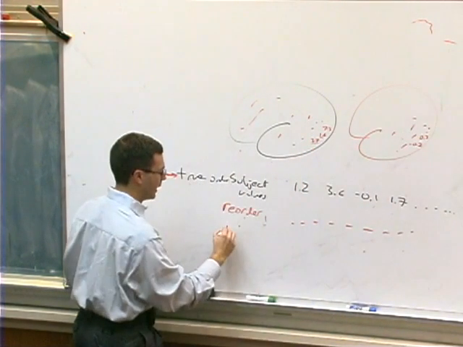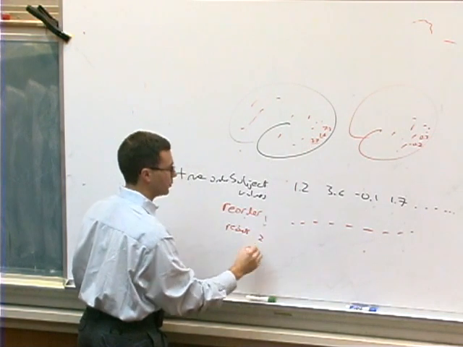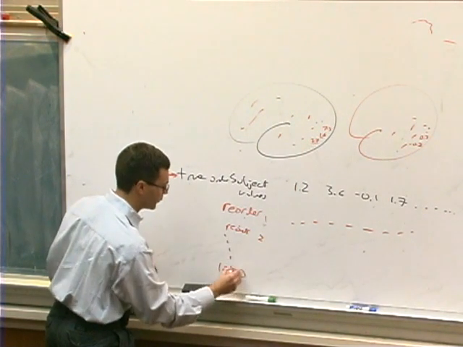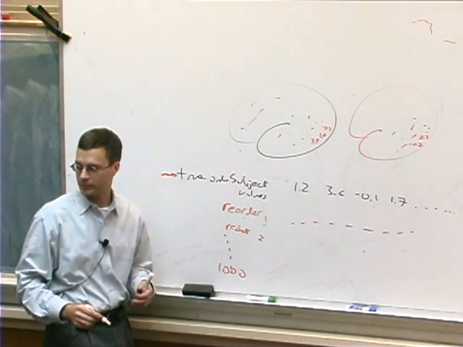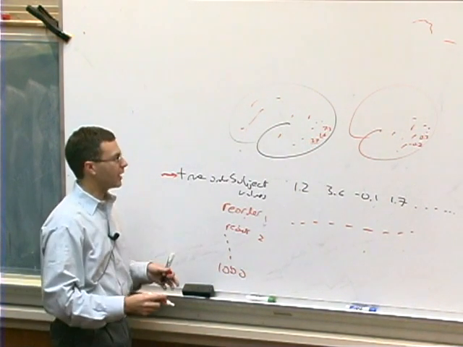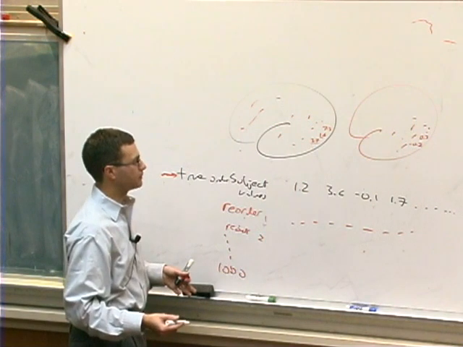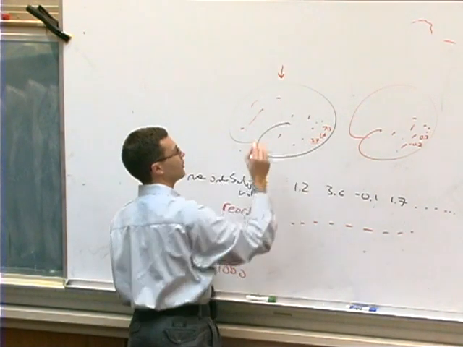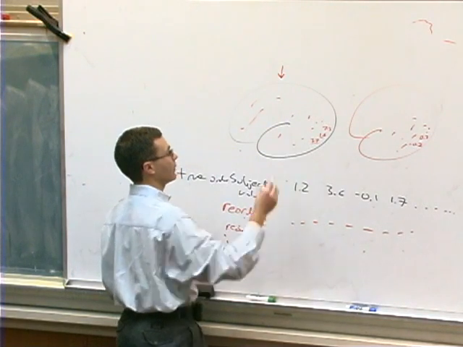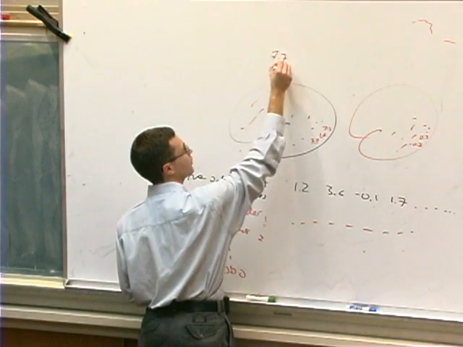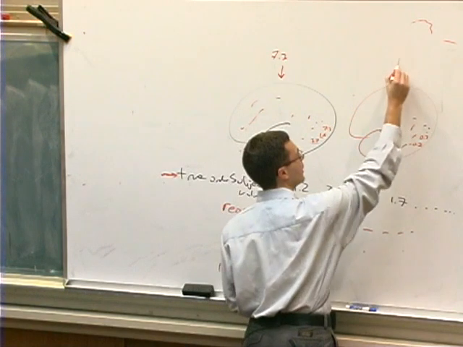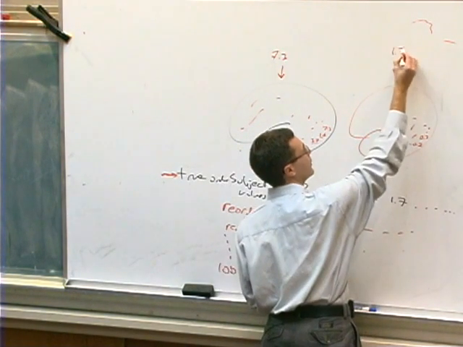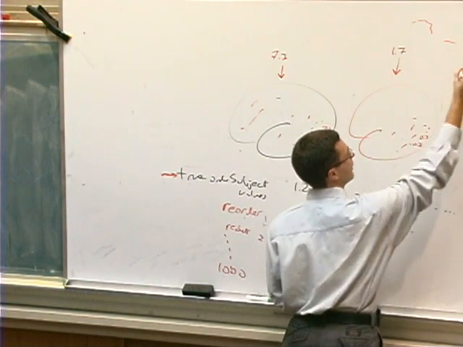And I do this again. Now I have reordering number 2, and I make another statistical map. And I go all the way down until I do, say, 1,000 different reorderings of the data. And I then say, across these statistical maps, what was the largest value? What was the single biggest value contained in this statistical map? Well, the single biggest value here was 7.3. What was the single biggest value under this reordering of the data? Oh, the single biggest value here was 1.7. How about for the next reordering? Oh, that was 3.6.